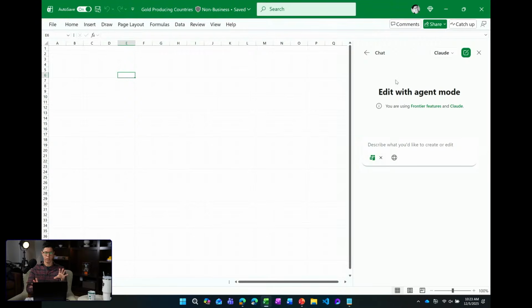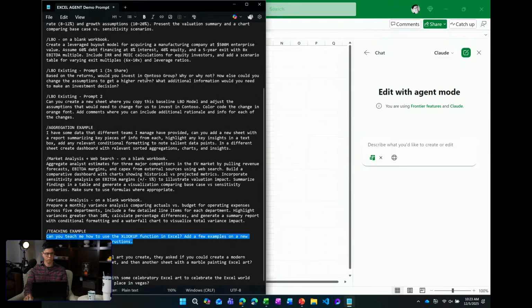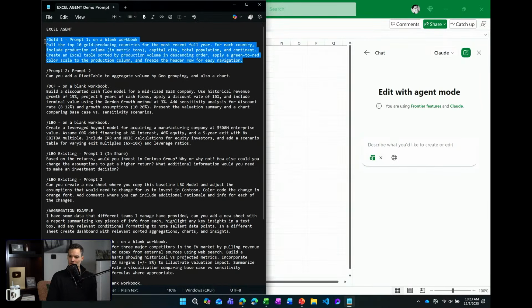I hope the demo gods are with me. I'm running some internal bits here that has everything turned on, even some stuff that's not fully released. So you'll see I'm using frontier features and I'm using Claude. Got it. And then just out of curiosity from your own experience using this, what do you see